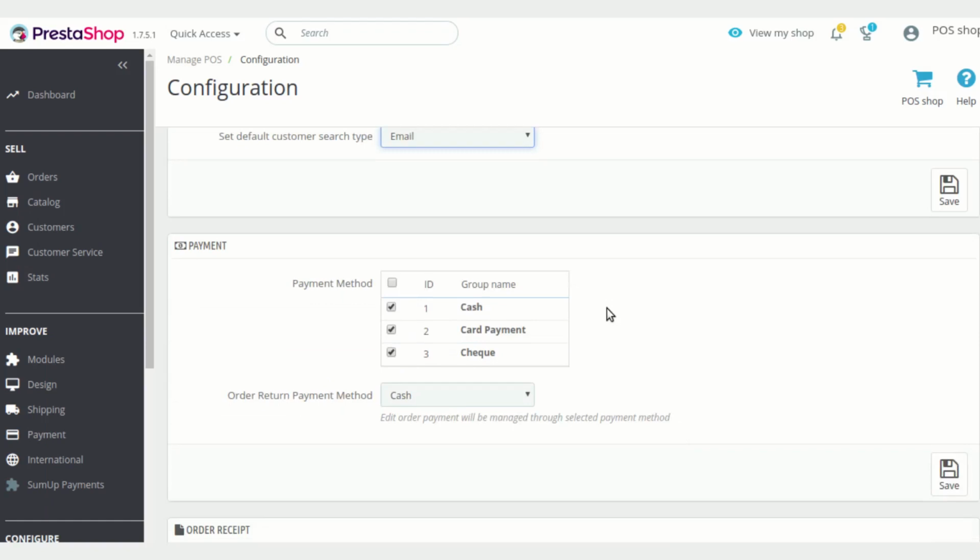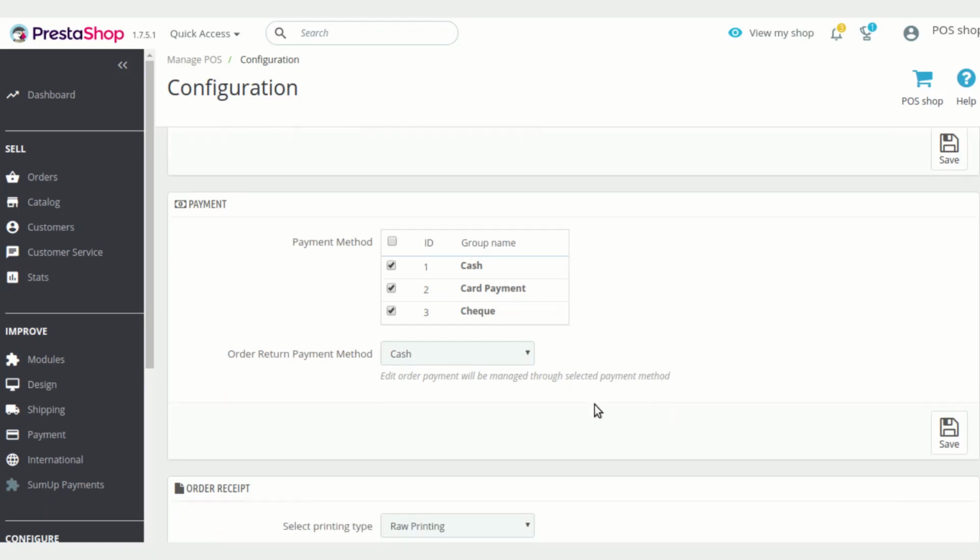Then what payment methods will you allow for your POS customers, like cash, card payment, check, whatever payment you want to provide to your POS customer, you can activate them. Then what will be the order return payment method? What payment method will you provide to your POS employee so that he can manage returns?